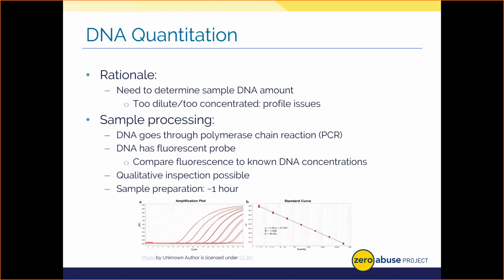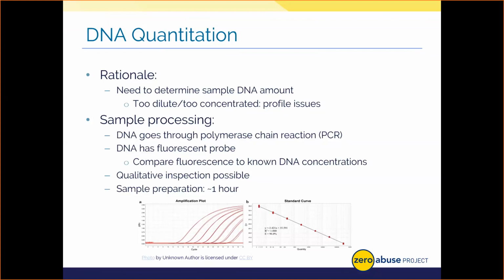The DNA gets a light emitting or fluorescent tag on it. When new DNA is made, that light molecule is knocked off the DNA and it shines such that our instrument can detect it. You see the amplification plot at your bottom left. The more DNA we make, the greater the fluorescence that we see with each reaction cycle. Now, some quantitation chemistries also include a target, which is really nice, that allows you to measure if your DNA is degraded or contaminated. Now, it takes overall about an hour to an hour and a half to go from prepping the kit to processing these samples and getting results.